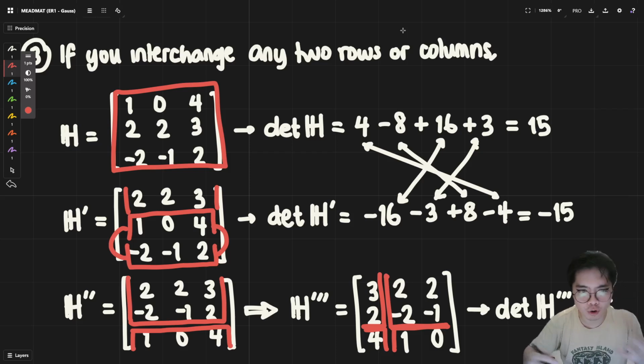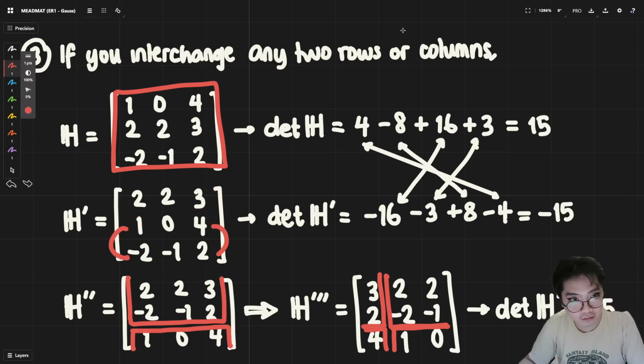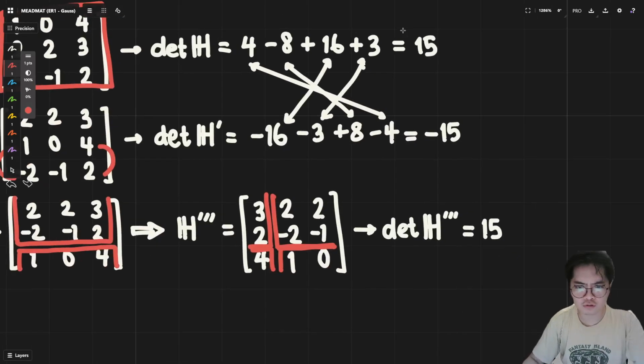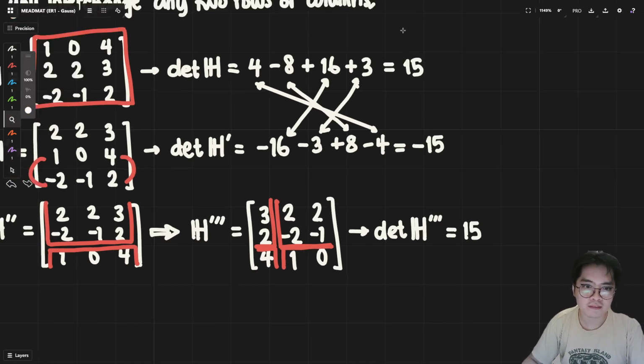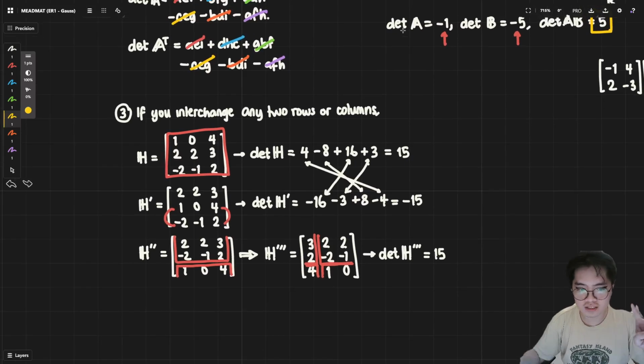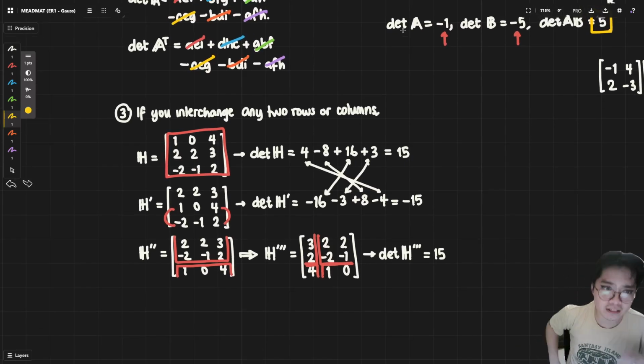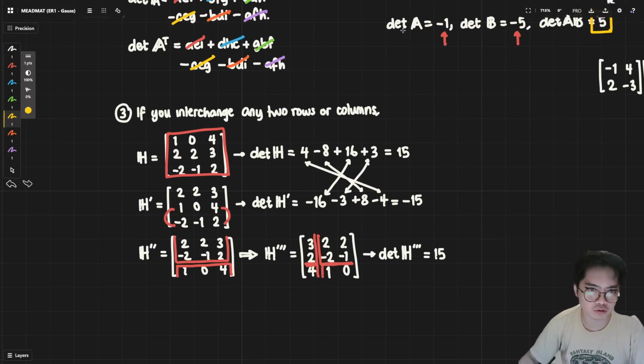Essentially, you have now broken the pattern of the box. If you do not break the pattern of the box, you essentially will still have the same determinant. You can try this out, of course. Feel free to disprove the correctness of this, but if you conserve the symmetry, or not the symmetry, but the pattern that exists within the matrix,